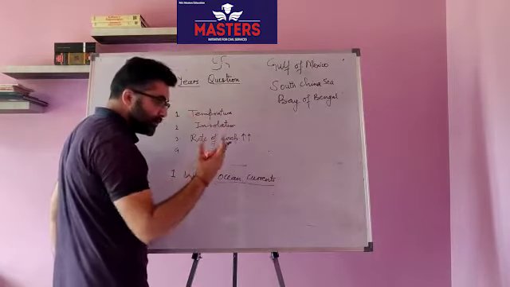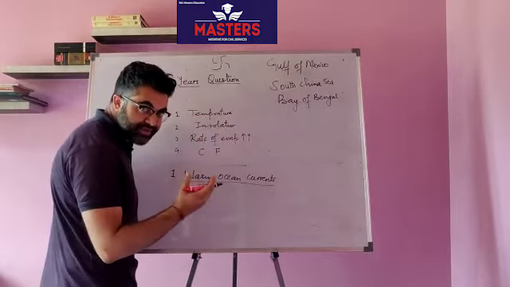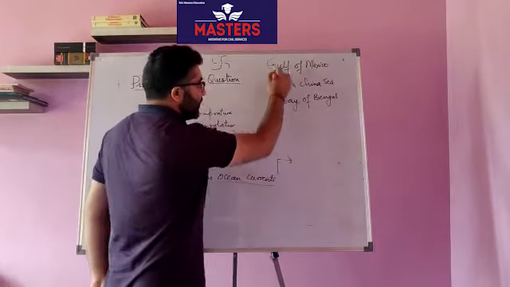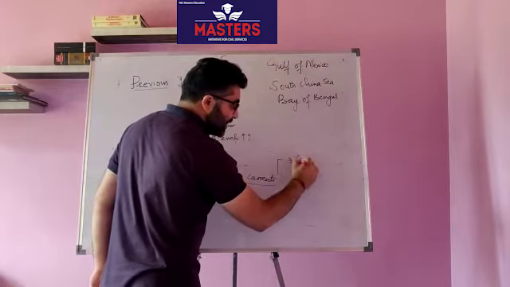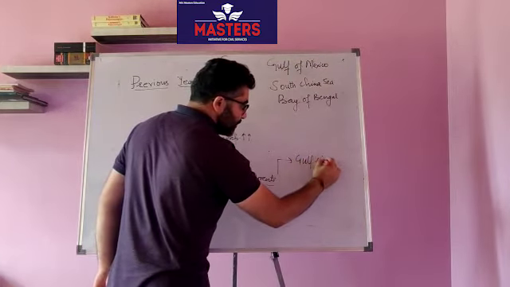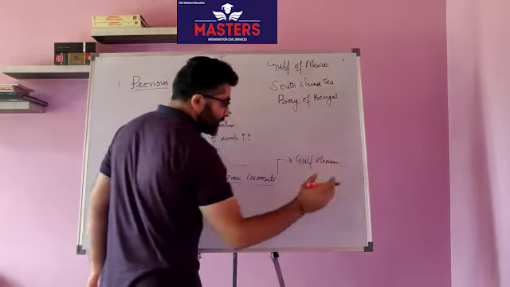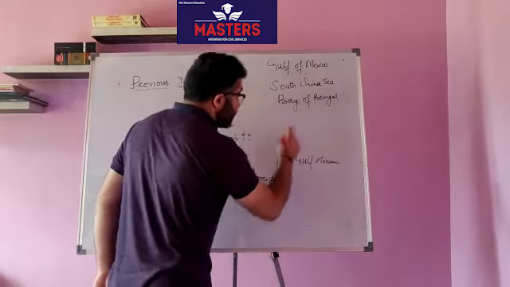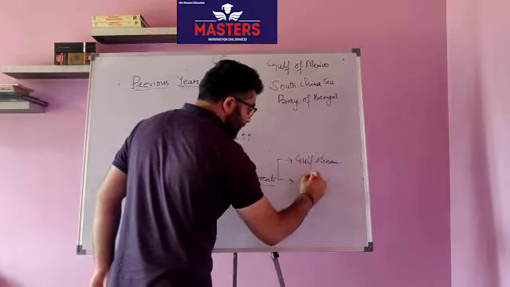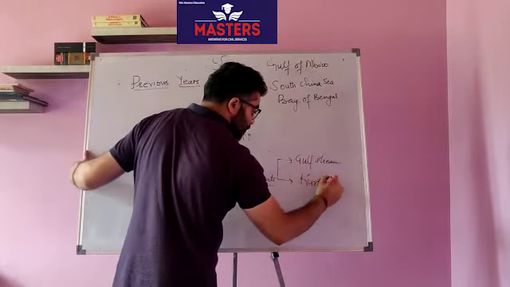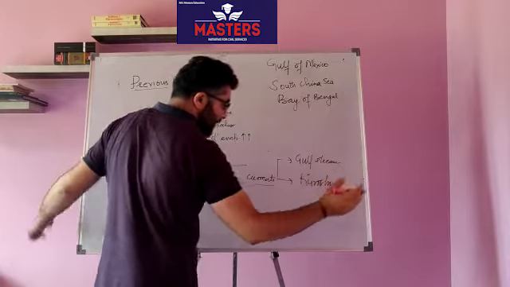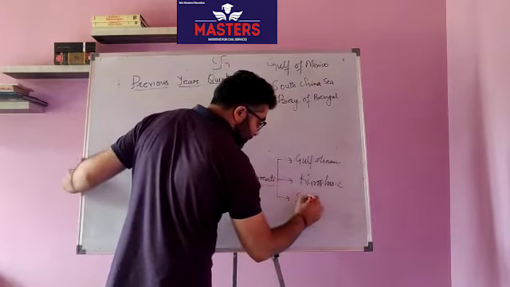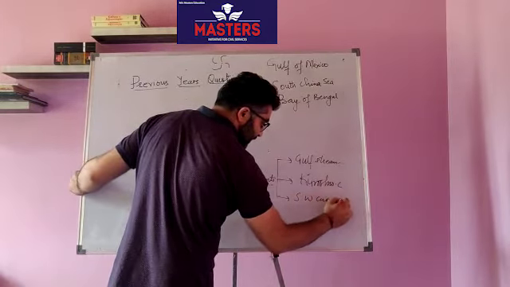Now aspirants, those who have prepared prelims very well, those who have studied oceanography very well, will also name these currents. So for number 1, Gulf of Mexico, what is the current? It is Gulf Stream that draws warm water towards Atlantic Ocean. Second, South China Sea. It's very close to the Kuroshio current that draws again warm water from the equator. Third, the southwest current, which is in Bay of Bengal.